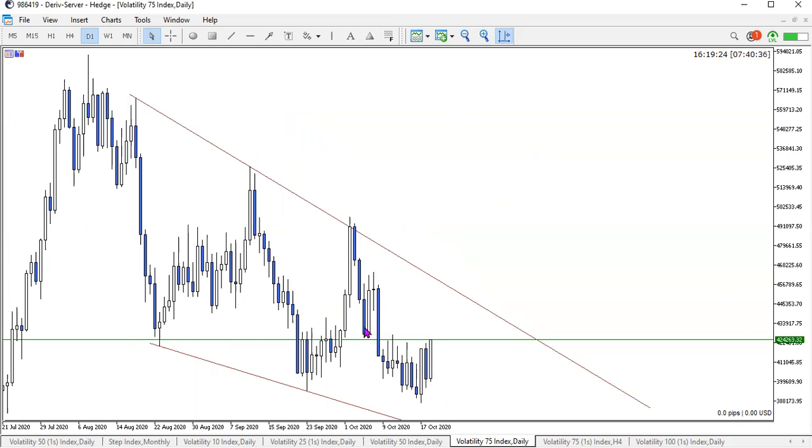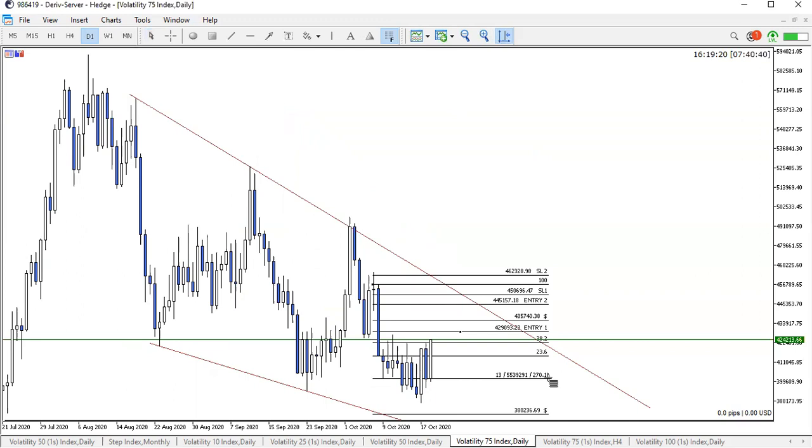What you can do is I would basically use my fib in here, and I would look to target around the 79%, which is up here. I've actually changed the labeling on my Fibonacci tool, but that's just based on the way I use it, right? So around the 79% up in here, that is where we can look to for a target for these buys that are currently happening at the moment.